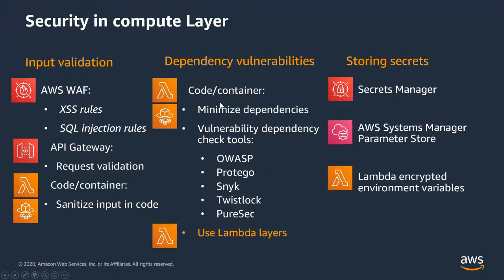So with code and containers, you would want to minimize dependencies, right? As much as possible. Use a library. It makes your work faster and life faster. But for very simple libraries which just do a left shift of a bit, come on, seriously, you can build that yourself in 2 minutes, right? So you should always use only the required dependencies. Don't bring in dependencies that you don't know, and also don't bring in dependencies from unknown sources, right?